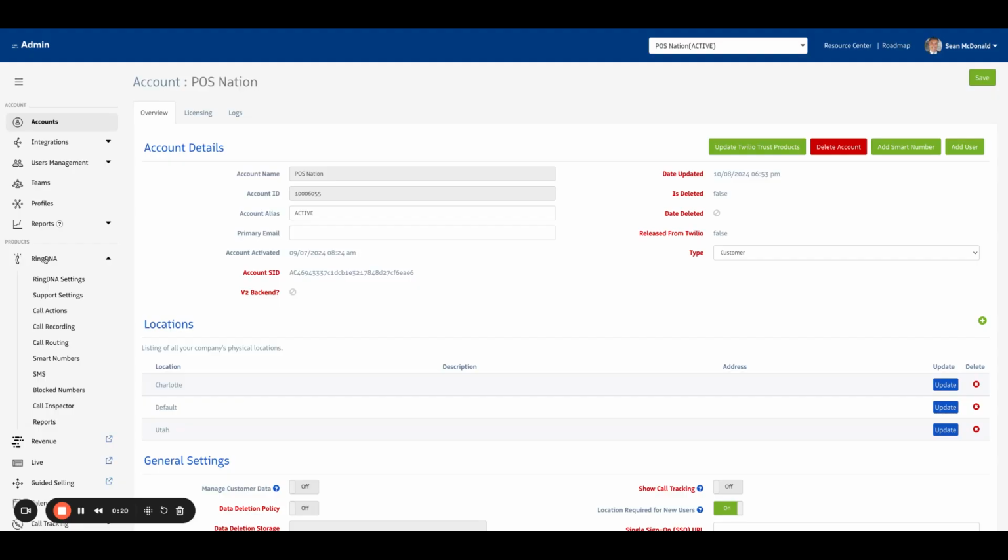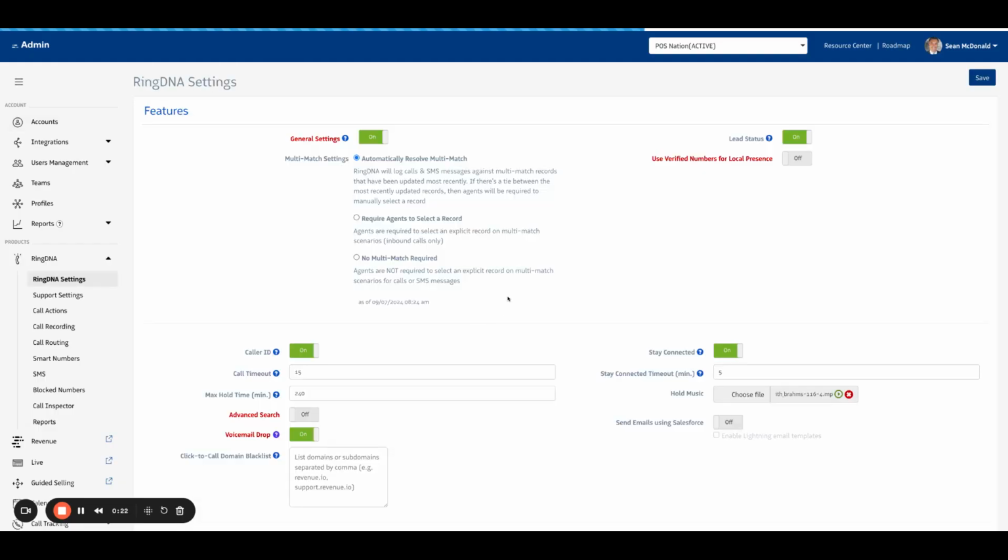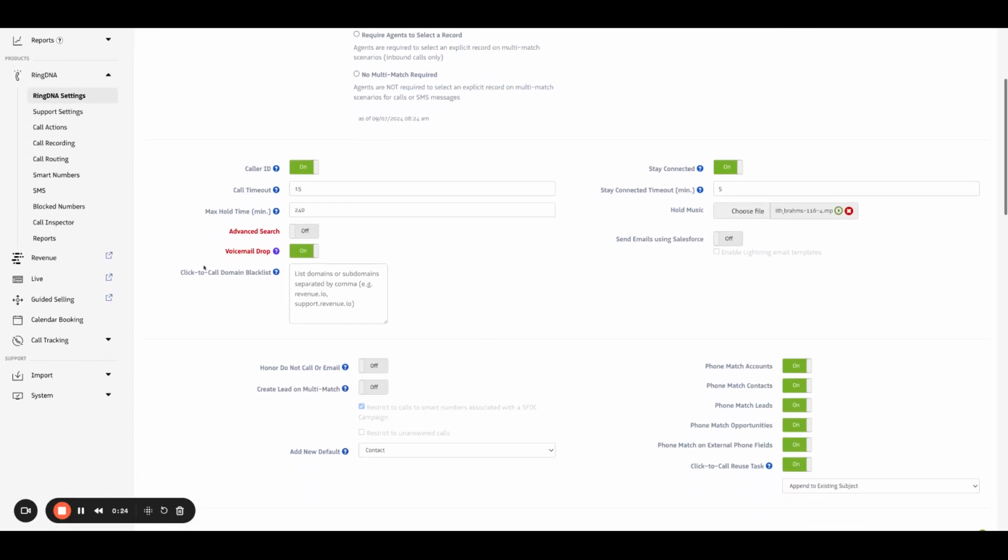And if I go into RingDNA settings, you'll see there is this box here, this click to call domain blacklists. So this is what we want to type in. Hopefully there is a URL where we are creating these quotes or creating these sort of documents, and now we can indicate to our platform that we want to block the phone numbers as a hyperlink on any of these